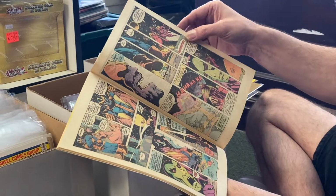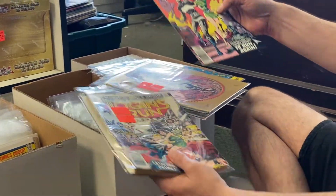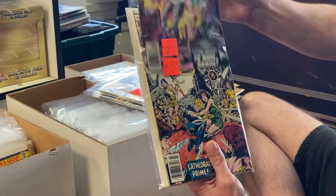But this was always a fun little 70s Marvel Easter egg, right? You buy a Logan's Run and you wind up with a Thanos comic worth $50. All right,